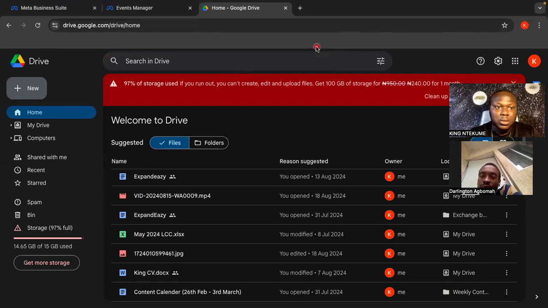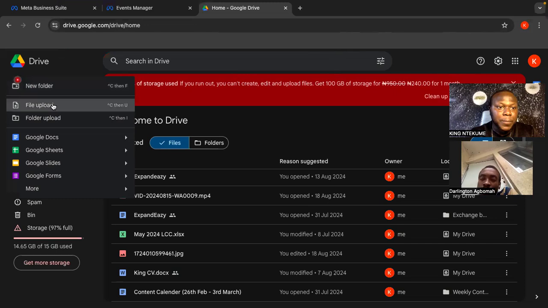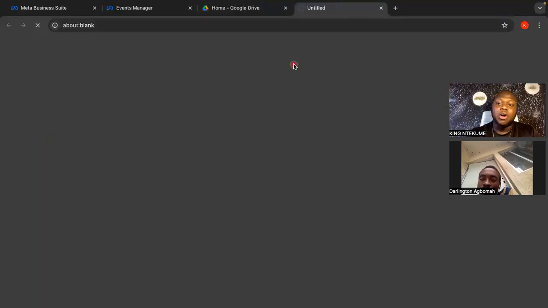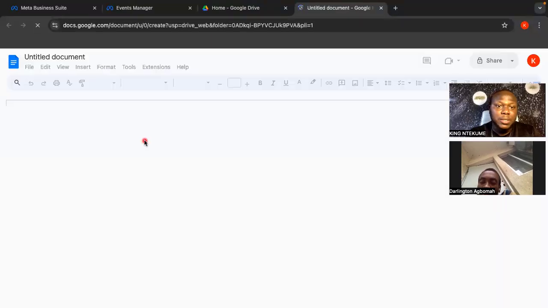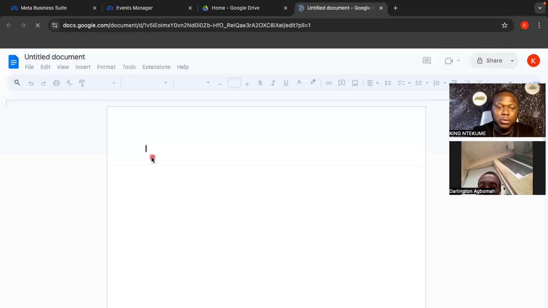So let's say I create a new file. I come here, a new Google Doc. So I've already copied the pixel code. What I'm going to do is just simple: I'll copy the pixel code, so I'll come down here and paste the pixel code here. So if I paste the pixel code, okay,